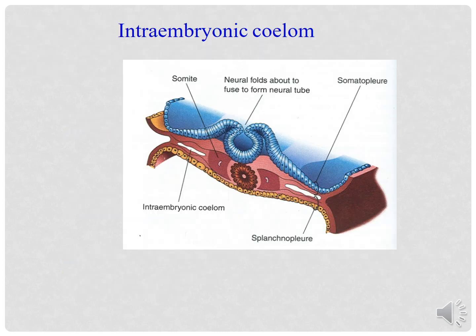So here we can see in this diagram the red color structure where we have marked somite, this is the paraxial mesoderm, and we can appreciate the development of intraembryonic coelom in the lateral part of the intraembryonic mesoderm, and it results in the separation of somatopleuric mesoderm from the splanchnopleuric mesoderm. The blue color area is ectoderm, and the mesoderm in vicinity to it is the somatopleuric layer, whereas the yellow color is the third germ layer, that is the endoderm, and here we have the splanchnopleuric layer of mesoderm.